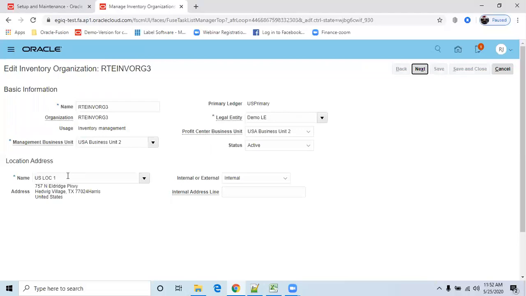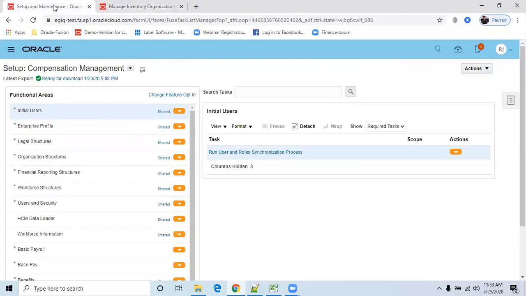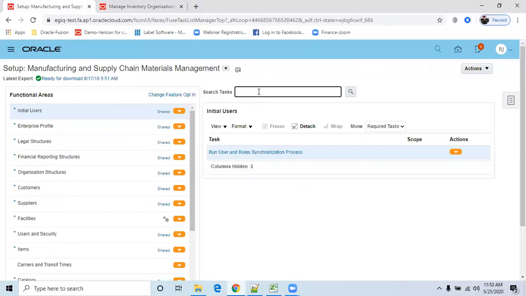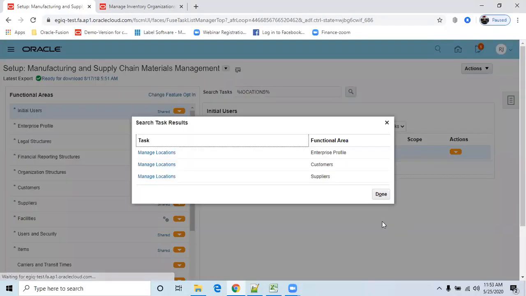Now this is my location address, the inventory organization address. So select this locator address. Go to manage locations here. So go back to manufacturing supply. Manage locations is the task name.